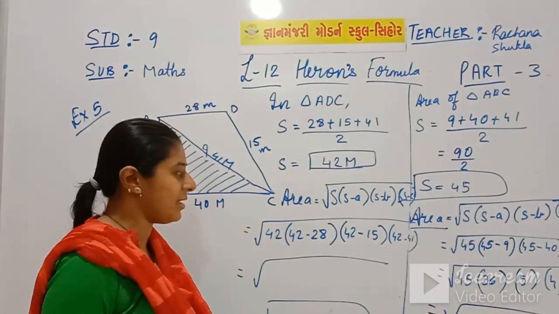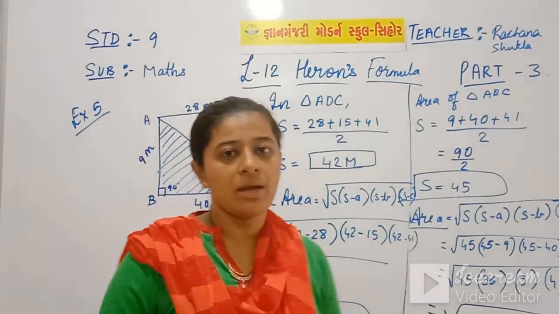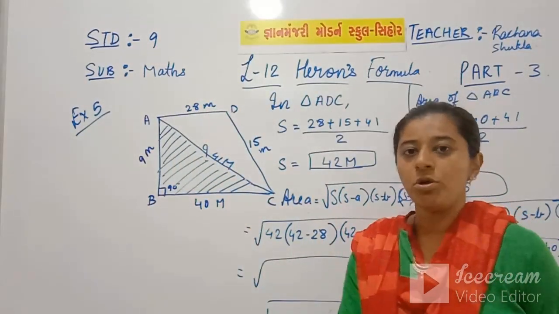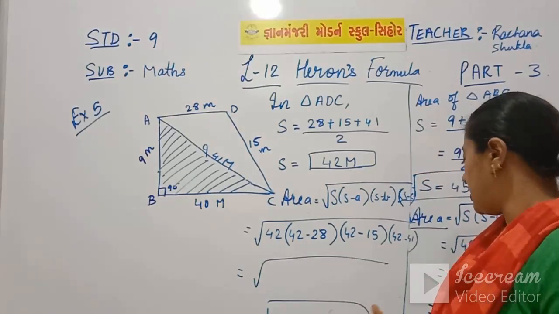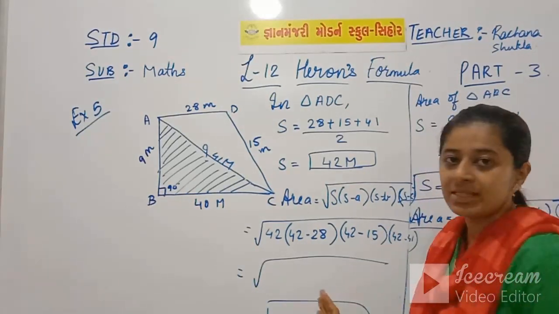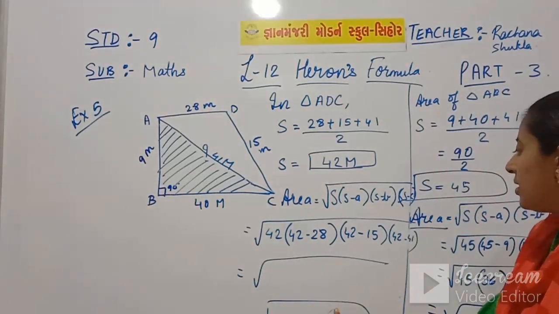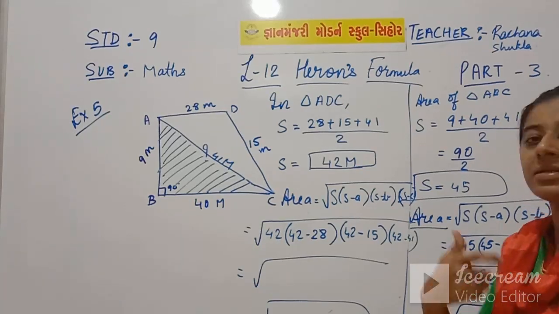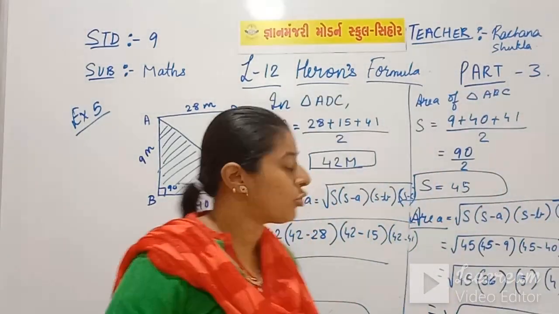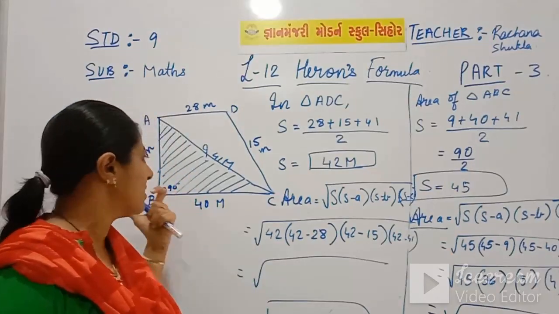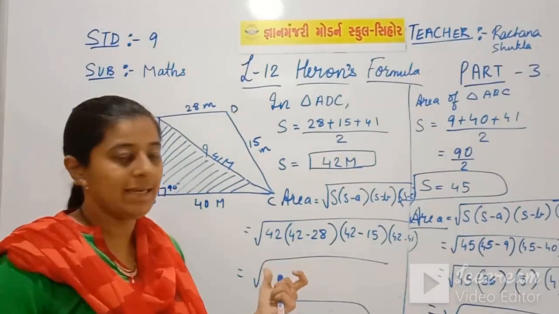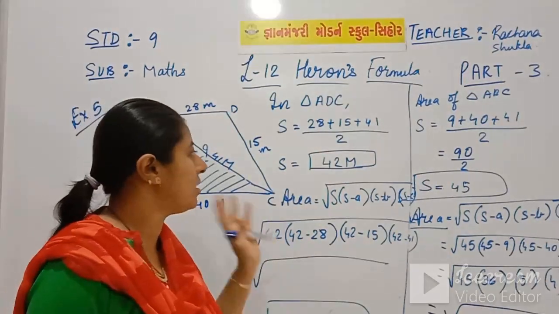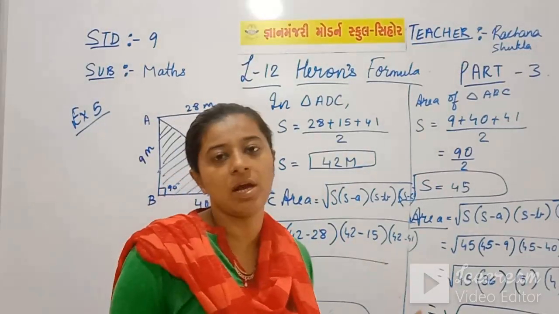You can also compare which is greater, either this triangle's area is greater or this triangle's. So you have to write down your two answers. The first one is the total area, that is the addition of both the answers, and the second one is finding out which is greater, or who has traveled more area. So by this way your sum is complete. Please note it down.